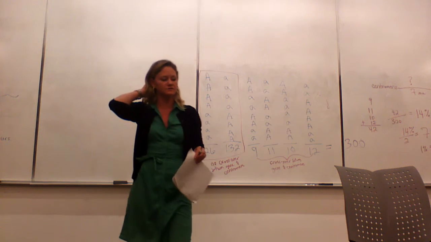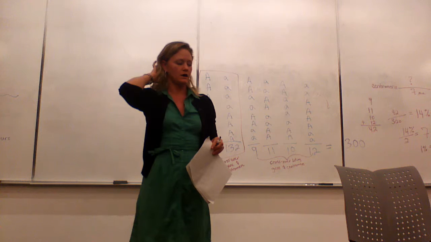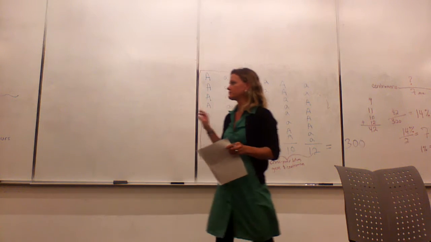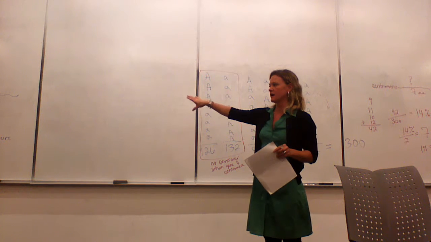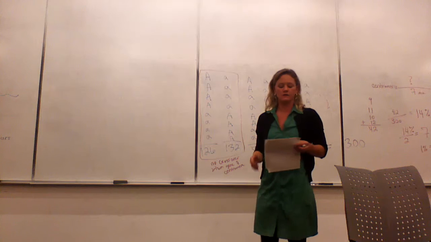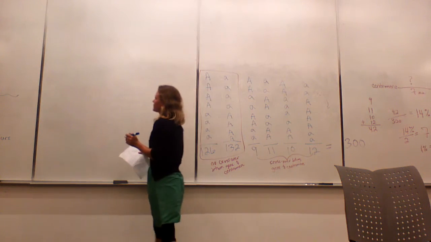So the best use of our time right now, and then I can help those folks who are still confused about Wednesday's lecture, is to go through these additional problems that I have, the pedigree and then the chi-square. So for your notes,